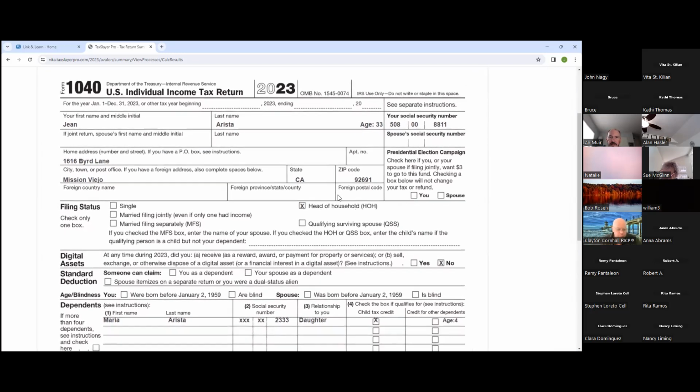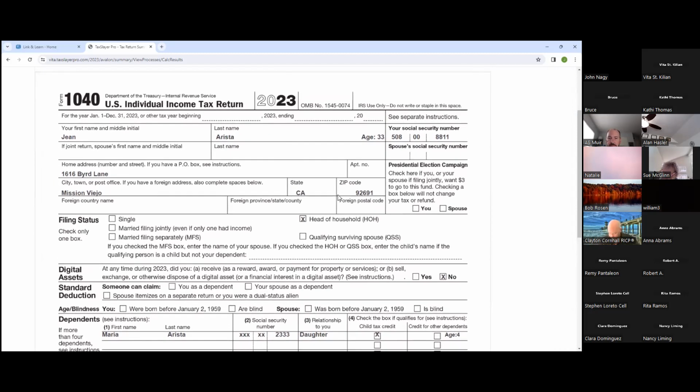All right, Sean, anything else from the chat? I do not see anything else. I was going to say, Jerry, that you enter the date on which the divorce occurred. It's on the intake sheet, so that should be captured as part of the interview process.